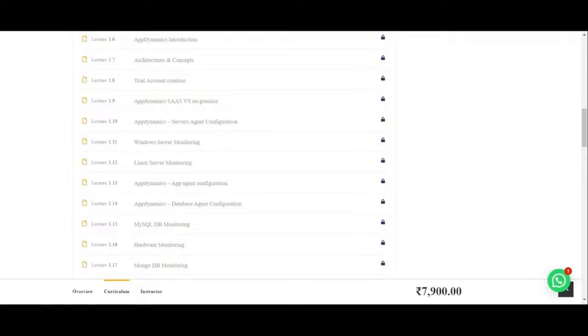So when it comes to database monitoring, if you take APM, APM is where you want to see the real-time aspects. When you want to monitor any application, the application might have an app server layer as well as a DB server layer. This APM tool helps you provide a holistic picture, as in what is happening in your app layer as well as in your DB layer. So when you put the app agent configuration in your application host, at the same time,